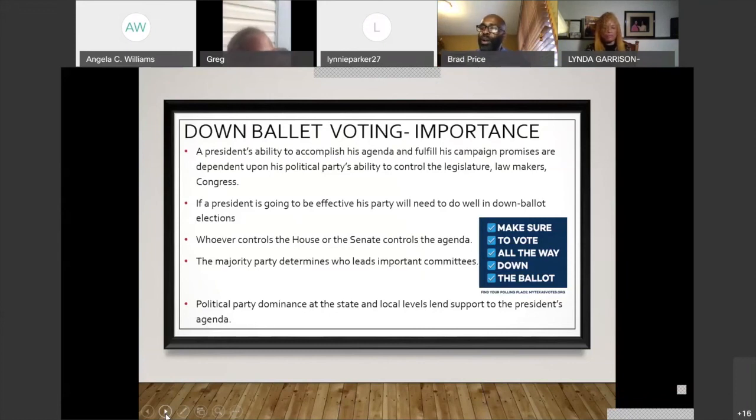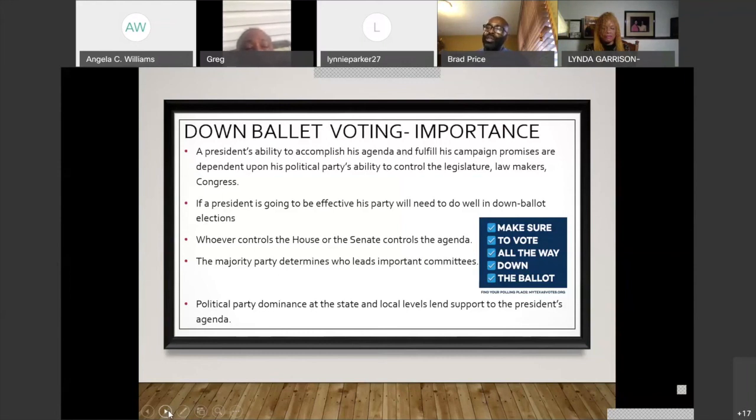So the majority party determines who leads important committees. Whoever controls the House or the Senate controls the agenda. Also, the political parties' dominance at the local and state level are important as well. Political party dominance at those levels can lend support to or stymie the president's agenda. So those down ballot elections are very important to those parties as they align under the presidential candidate of your choice. Some of the impact,